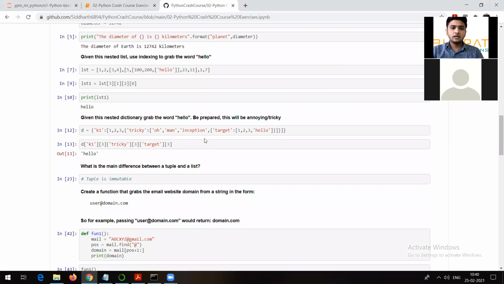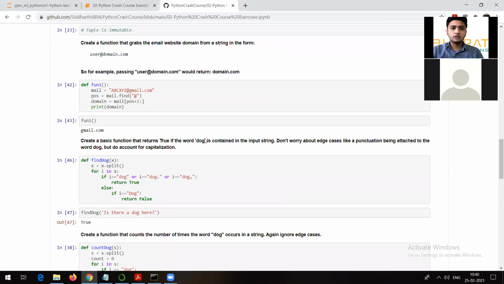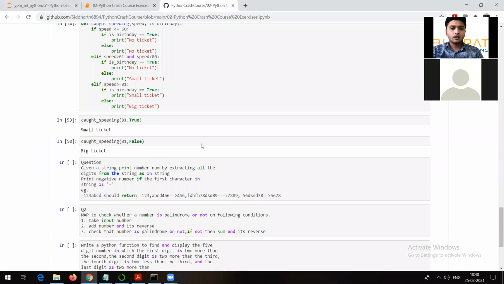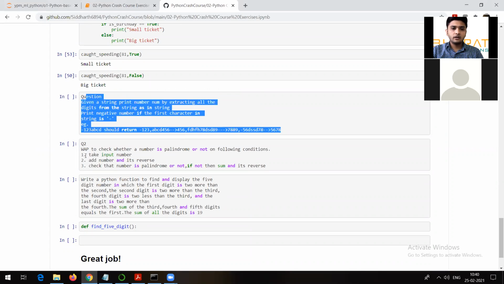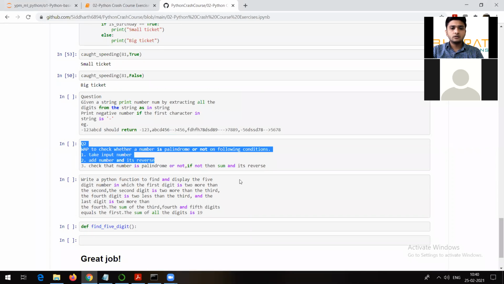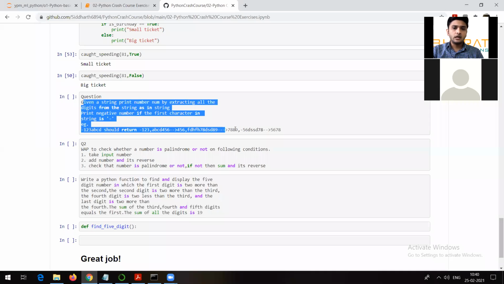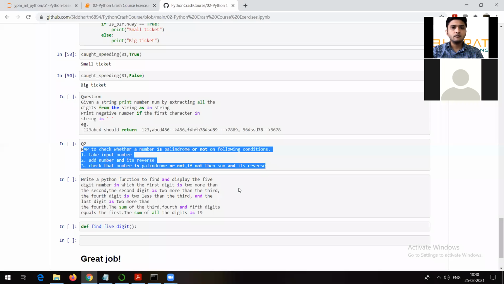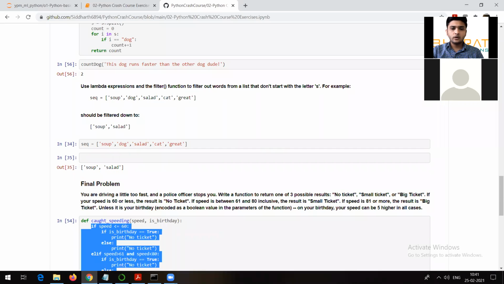This is the file which Siddharth has sent, and this is what I am expecting. He has answered almost all the questions except the last three. Right, Siddharth? If you are here, I think you are looking. So these questions he has not answered. Maybe he might be facing some difficulty here. Anyway, I will let you know what to do in that case. But till this point, I think he has answered correctly. So that's good. The people who tried to solve the questions, that's good.